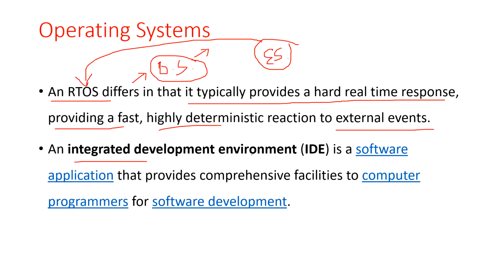Then the integrated development environment is a software application that provides comprehensive facilities to computer programmers for software development. For example, we have Keil MicroVision to program the ARM boards. Keil MicroVision is an integrated development environment which allows the programmer to program on a platform. When everything is correct, the same program can be built on an ARM board or any microcontroller in use, so that the particular application can be made autonomous. That's why we should use an integrated development environment.